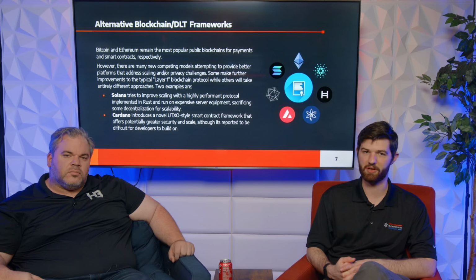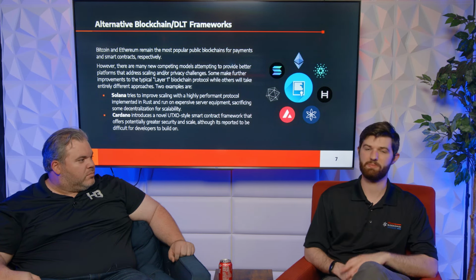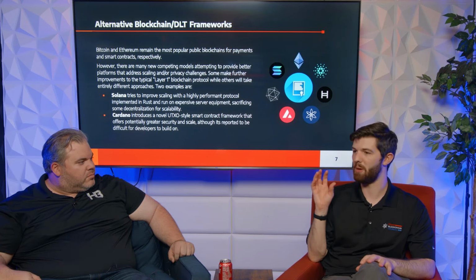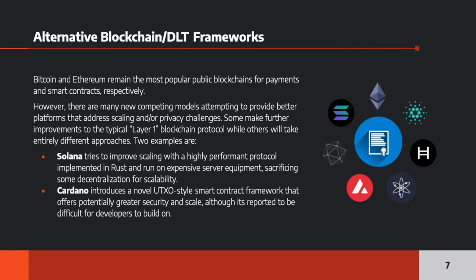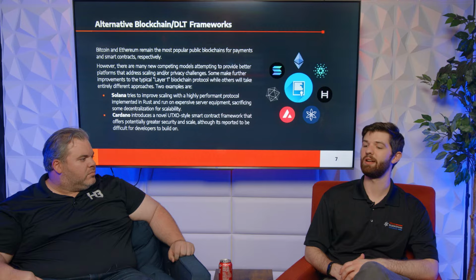So now we're going to kind of change gears. We've talked about scaling solutions that are very specific to Bitcoin and Ethereum. And these still remain the most popular public blockchains. Bitcoin is the most popular for money and payments, and then Ethereum has become very popular for smart contracts and DeFi and NFTs and stuff like that. That's really where we've seen the majority of activity, and you can see that reflected in the market caps for both. But there are now many attempts at saying, well, we'll take all we've learned seeing Bitcoin and Ethereum do what they've done and try to make it better.